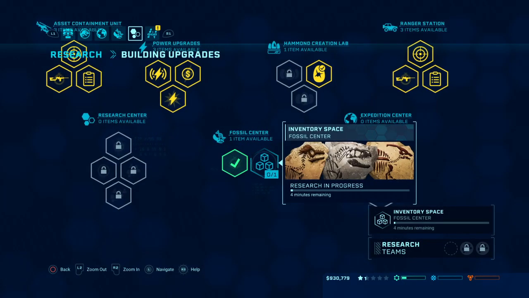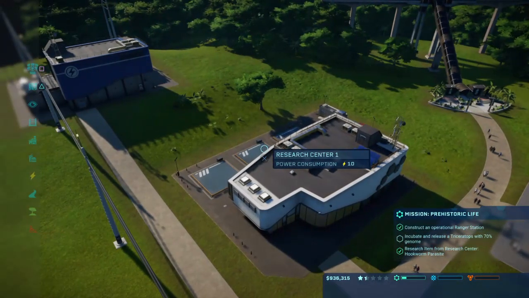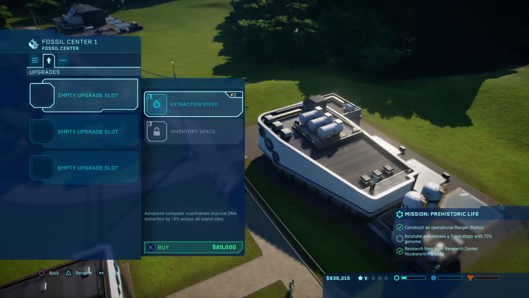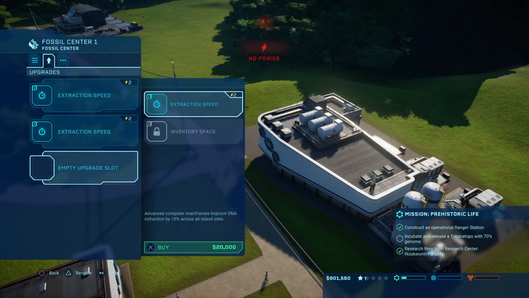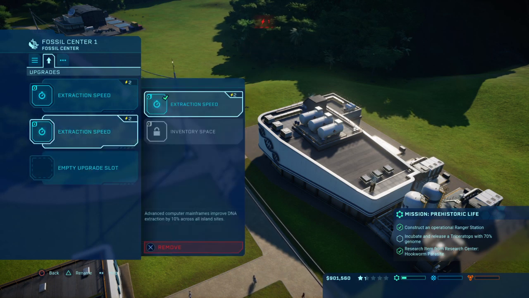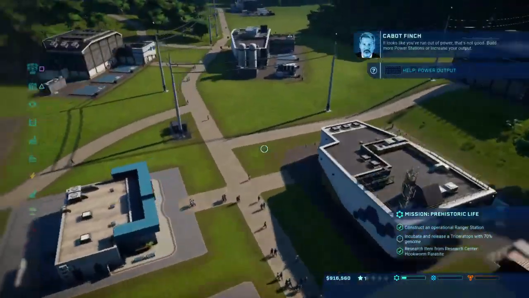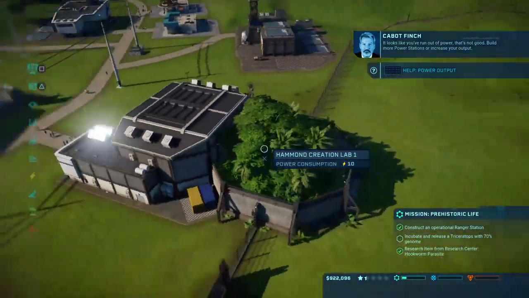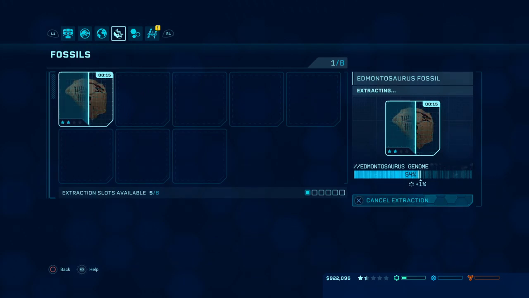Oh, wow. That was a fail. Oops. There we go. It looks like you've run out of power. That's not good. But I have power back stations now, so I can increase your output. Well, I have the power back, so...